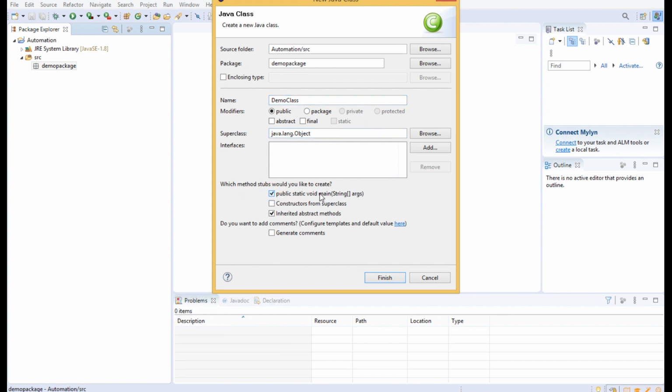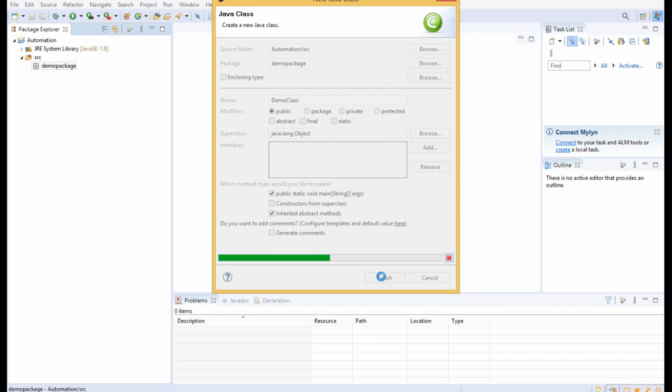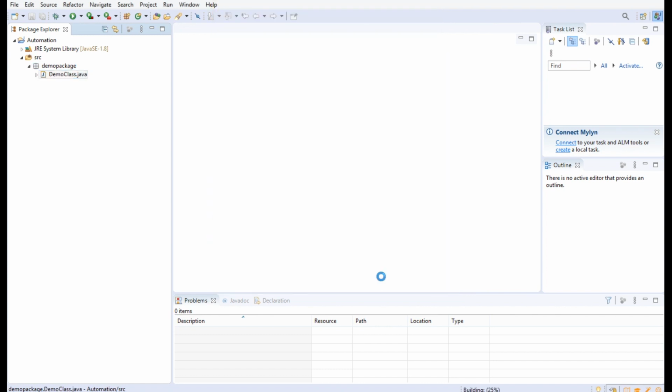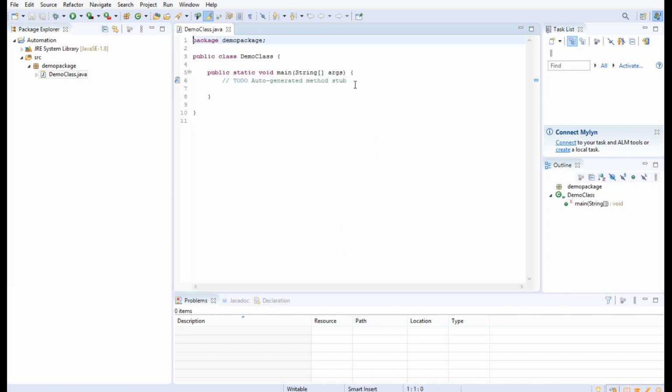It will automatically create public static void main inside the class, and then we will click on the Finish button. It will create a class with public static void main in it for us. We will write our code inside this class.